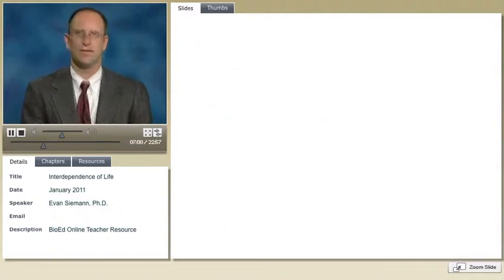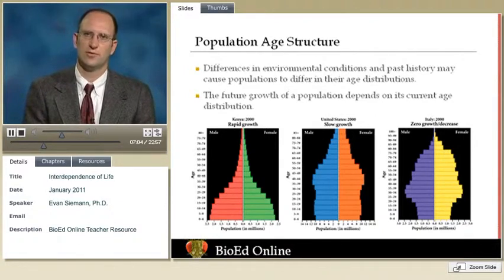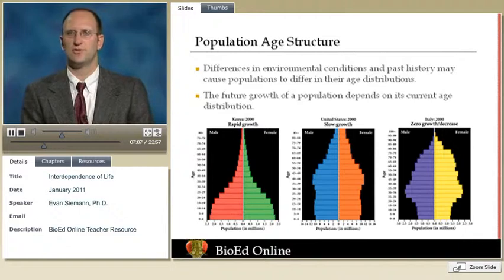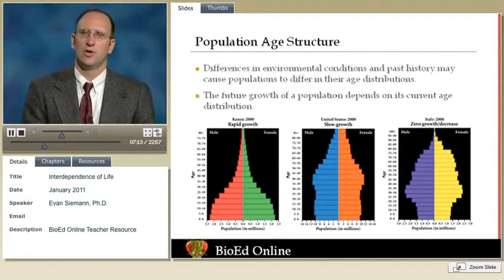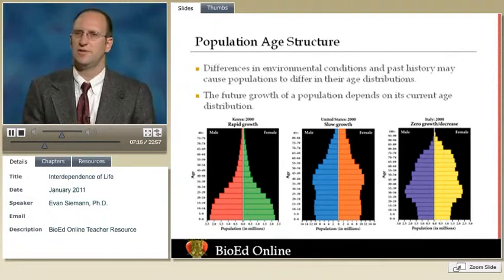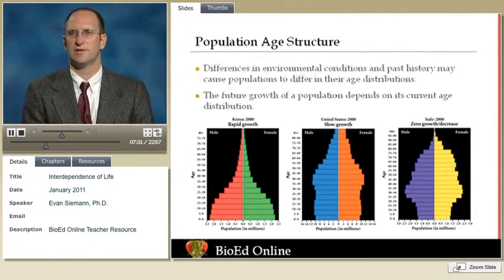In addition to studying the distribution of populations across space, ecologists often study the distribution of individuals in different ages or stages within a population. For some organisms, it may be easy to classify them into ages, so the years or days of age, something of that sort. For other types of species, it might be fairly difficult to classify them into ages, and then ecologists may classify them instead into stages.